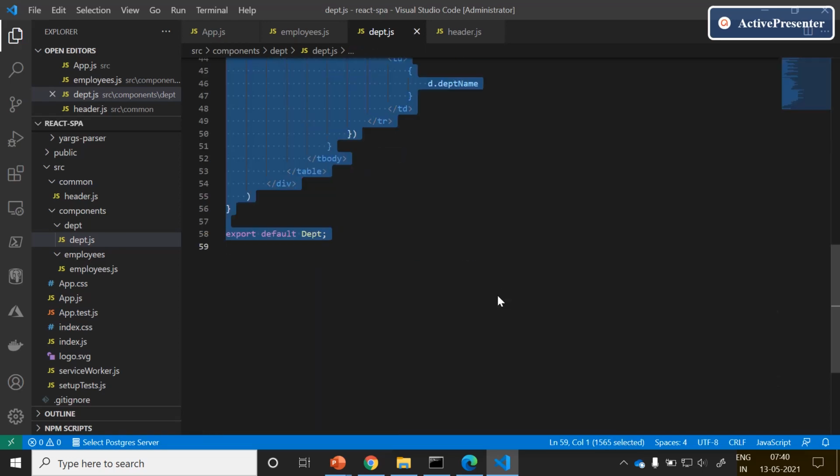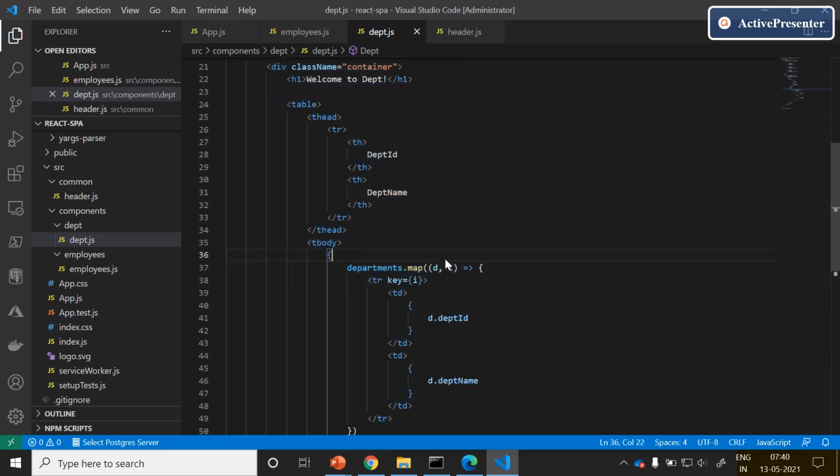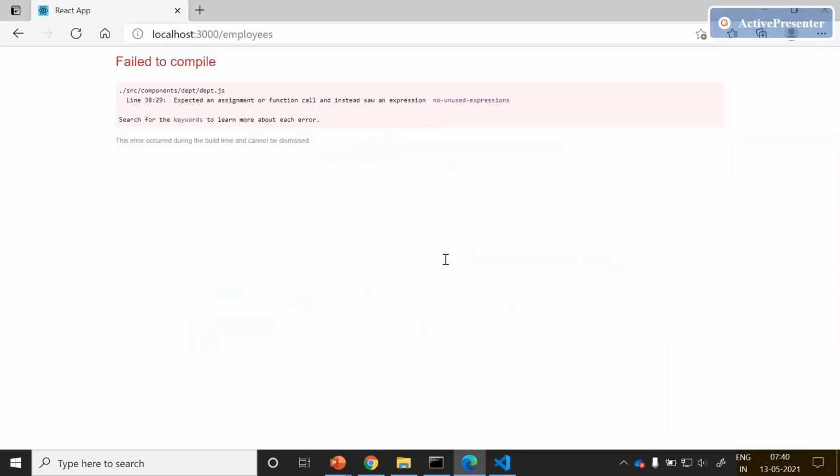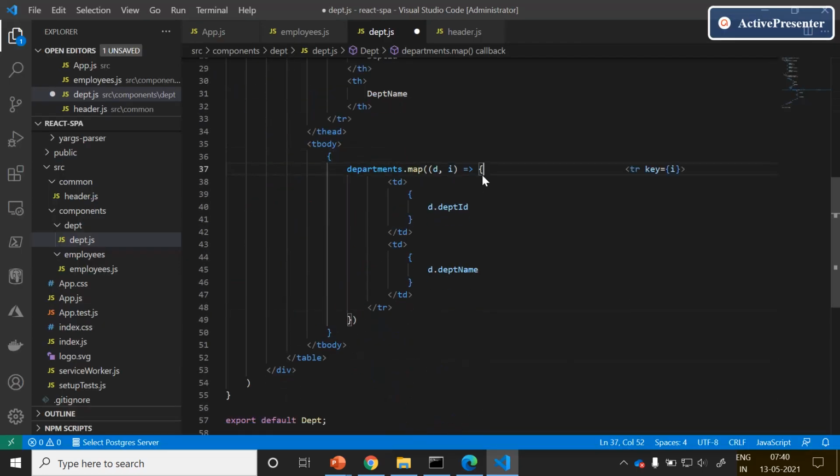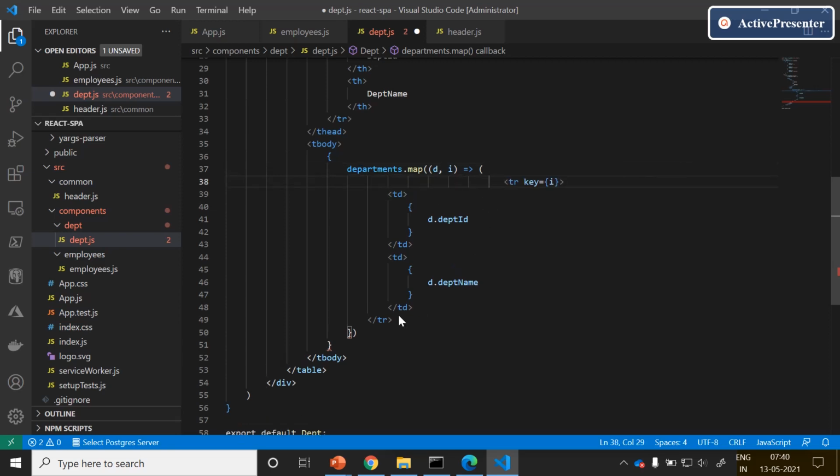Control A, Control K F. It will help us to neatly format the data. Expected an assignment or function call. Yes, we made the same mistake. Instead of using the open brace, we use the close bracket. Let me just remove this here.